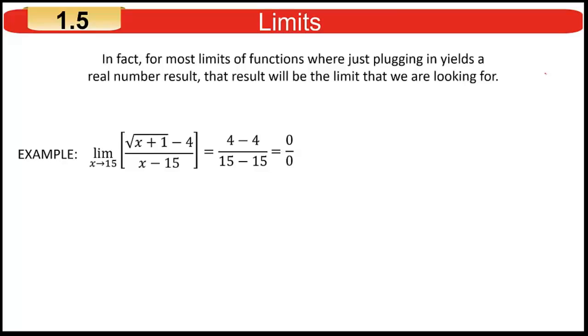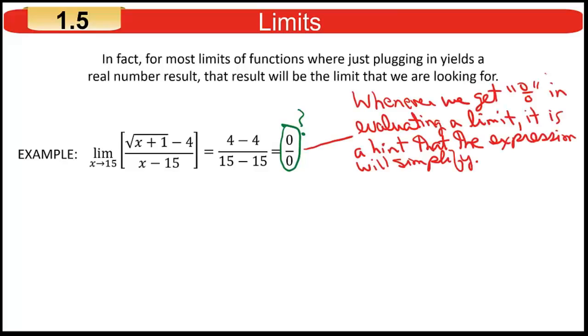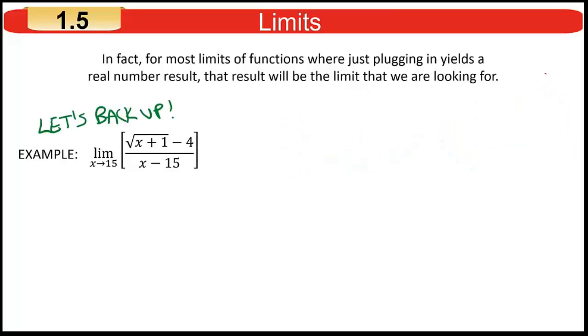Remember, the 0 over 0 is an indication that something has to be done to the expression before you can actually plug something in, because 0 over 0 is an indeterminate form. So we know whenever you see that, you've got to back up and do something different. If you in fact did that preliminary video, you'll probably remember that the trick for solving this problem is rationalizing